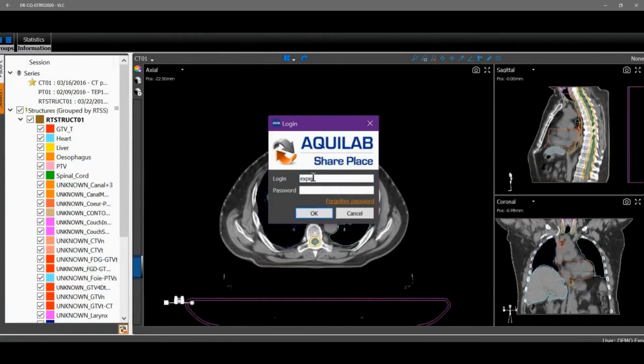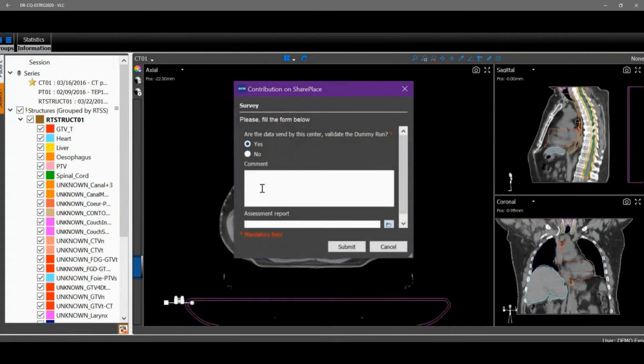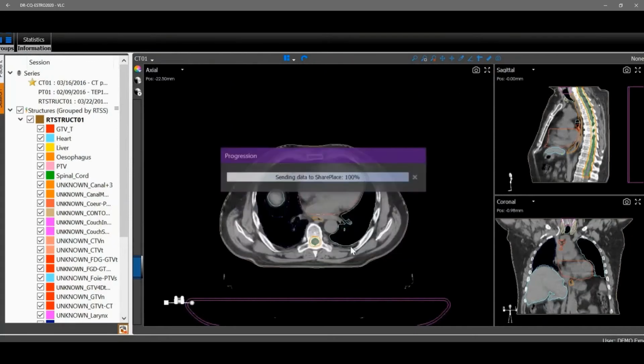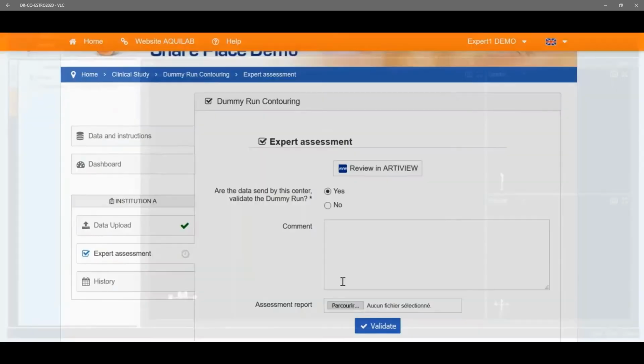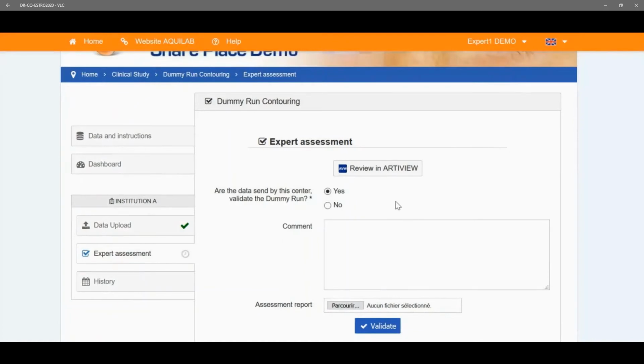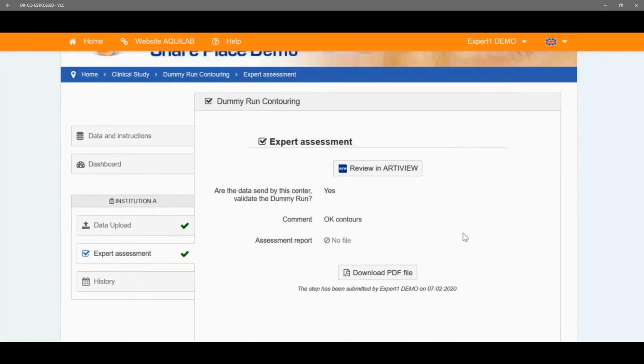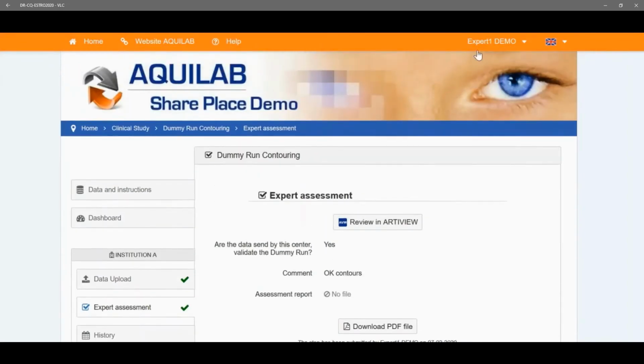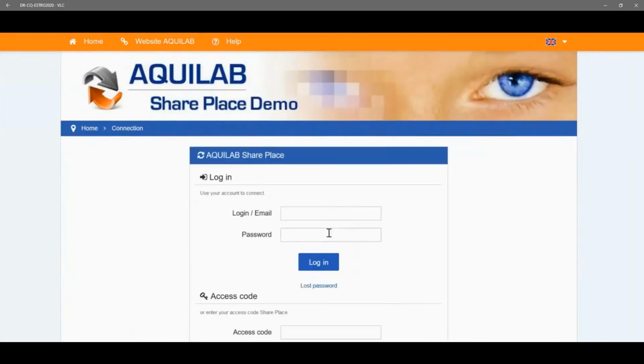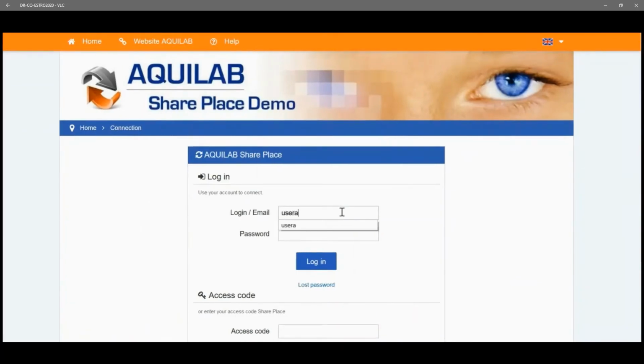After the review, the expert can access directly Share Place in RTView and add his comment before validating. He can also reject the project if it does not fit the protocol. And if you refresh the Share Place page, you can see all the comments are added. The dummy run of contouring is done. It's the same way to perform the dummy run of dosimetry, and we can switch and go to the inclusion